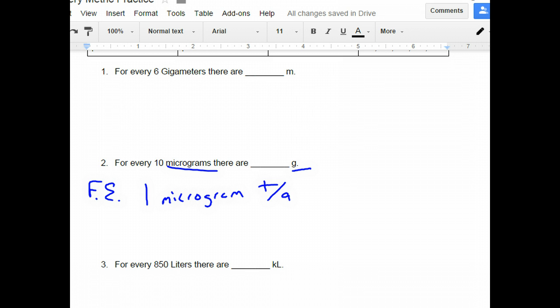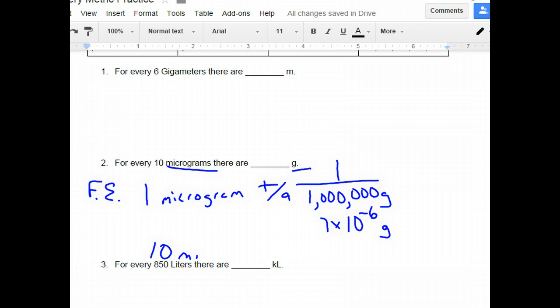there is 1/1,000,000th of a gram. We can also write that as 1 times 10 to the negative 6th of a gram, because that's what 1/1,000,000th is. Okay, so now we've got 10 micrograms,